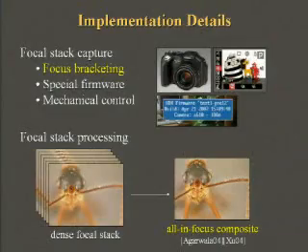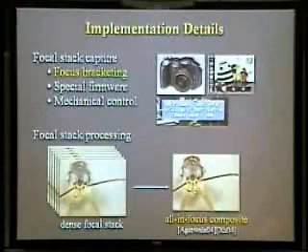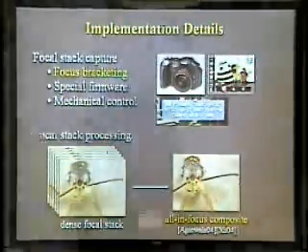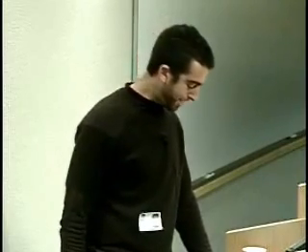Now for this to become practical and just a drop-in replacement for standard photography where we use a narrow aperture, long exposure image, we need a practical way to capture the focal stack first of all, and also to be able to synthesize the composites we need. To capture the focal stacks, our main approach has been to experiment with focus bracketing, which is a feature that's appearing on digital cameras where you can capture 3 differently focused images or 5 differently focused images with a single button press. We've also experimented with some unauthorized firmware that allows more generic programmable camera control on certain cameras with a Canon Digic 2 chip.